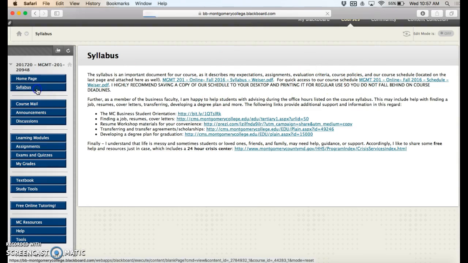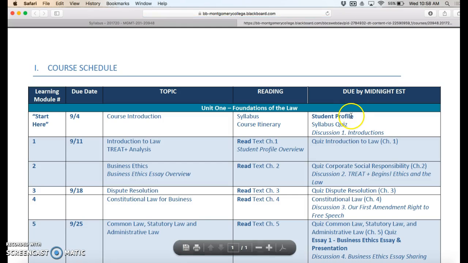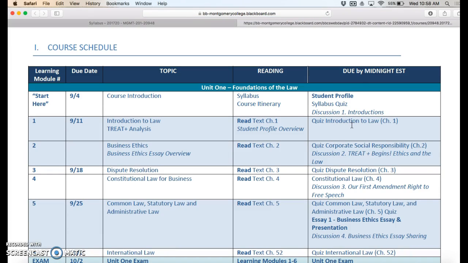So I'm back at our syllabus link again, and you'll see here a quick access to our schedule. I highly recommend that you print the schedule for the course, save it to your desktop, and that you copy over any dates to whatever type of calendar tool you like to use. I generally use the calendar that's on my Mac so I can access it both on my computer and on my phone. I color code that, and I try to make it really organized as to what's due and when. You have to do what works for you though.